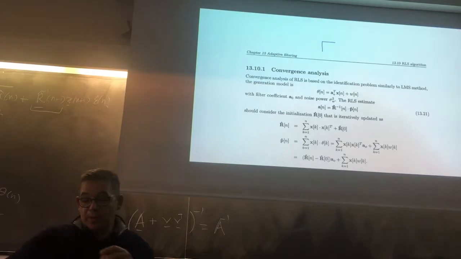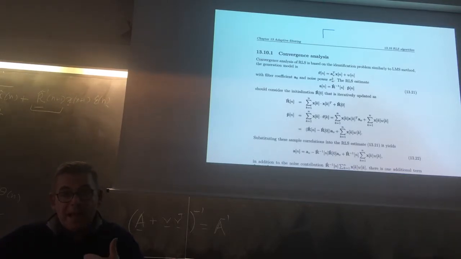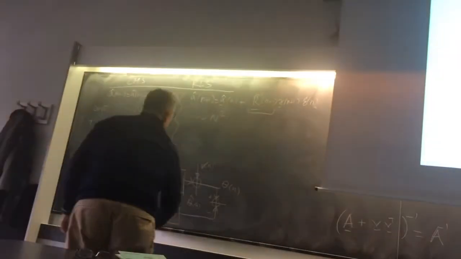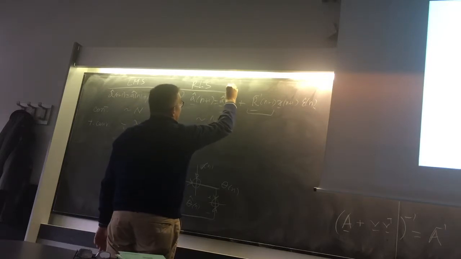The preliminary operation I need to do is to consider that when I update the inverse of a covariance matrix, or correlation matrix, that's what I mean, I need to initialize this inversion. Since the key idea of RLS is that I update